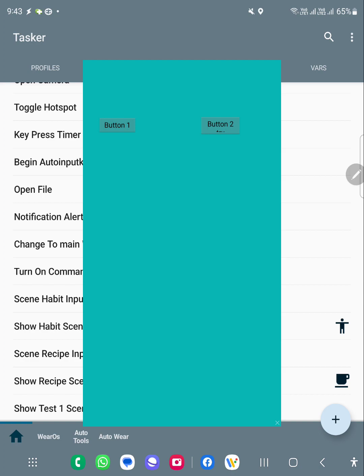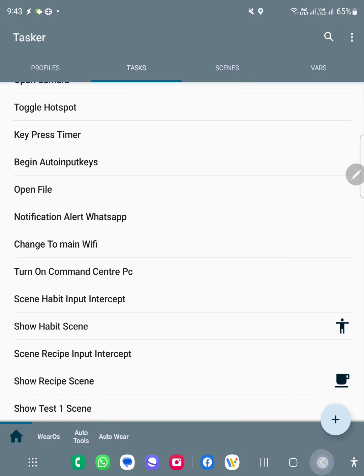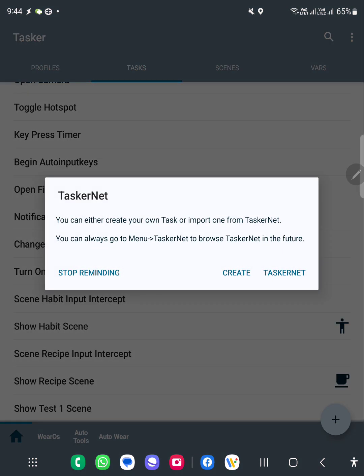So I think I have covered all those things, and there is one more thing I want to show you. It might be helpful for you, because there are 2 buttons, and there will be a situation where you need to execute a single task according to different values. So for that, let me just click on back first, and I will create a task